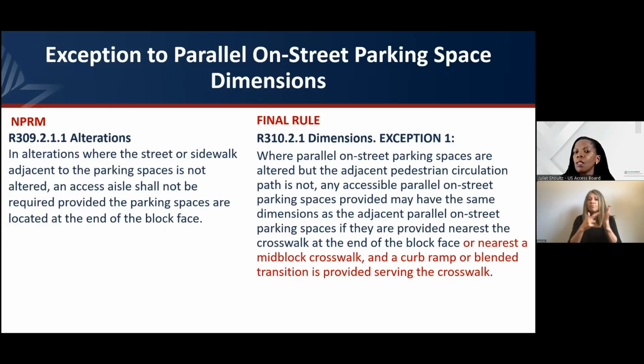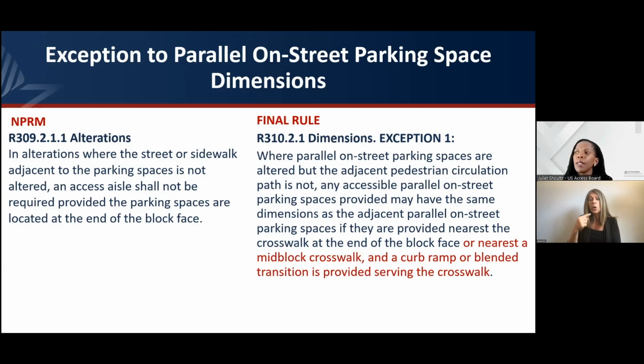This provision in the NPRM was R309.2.1.1, alterations, and that's alterations to on-street parking. It's essentially the same provision in the NPRM as it is in the final rule, just stated differently. In NPRM R309.2.1.1, we required that in alterations where the street or sidewalk adjacent to the parking space is not altered, an access aisle shall not be required, provided that that parking space is placed at the end of the block face. What we did in the final rule at